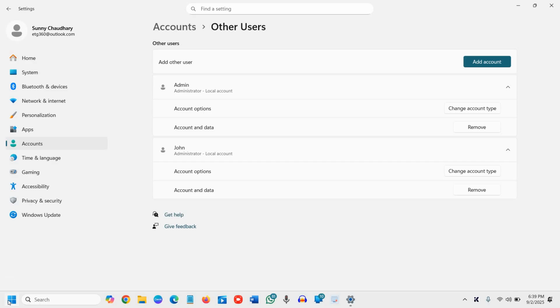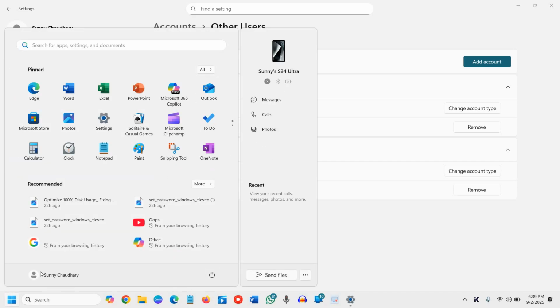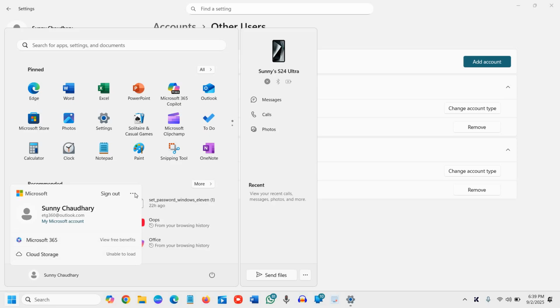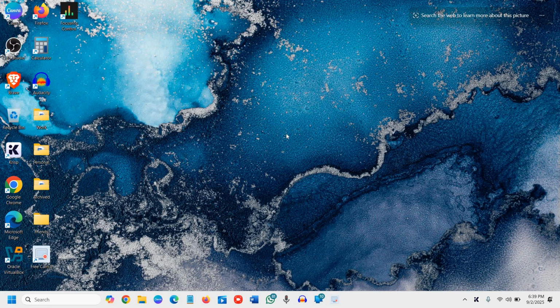Now you can simply switch. So here I'll just click on this user and here we will click on these three dots. And you can see the new account has been created, right? So you can also try that. This is how you can create a new user account, add a new user account, administrator, and delete or remove